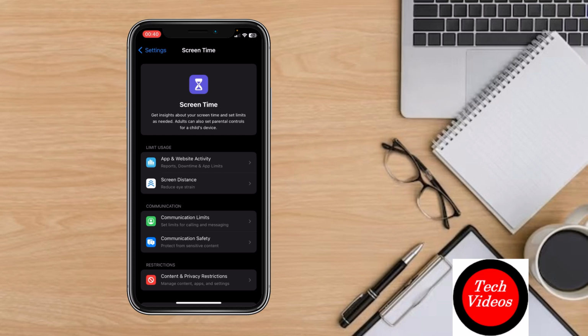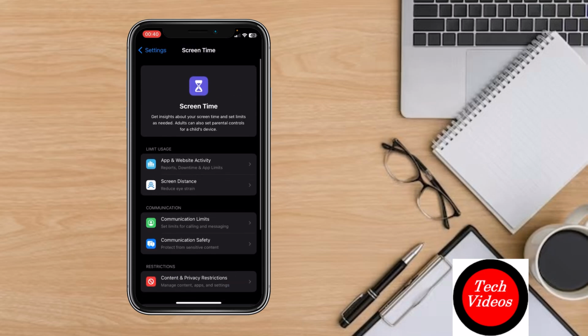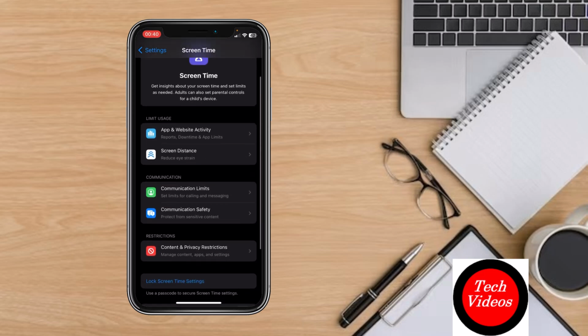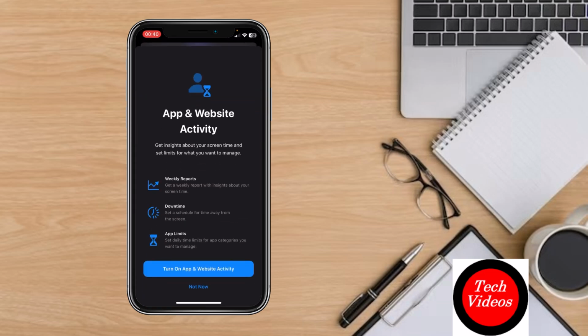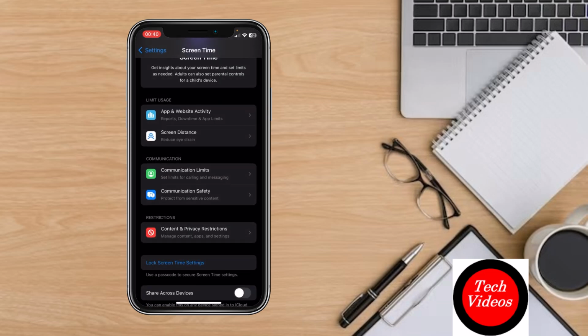After that, the screen shows options for turning on Screen Time: this is my phone, and this is my child's iPhone. If it is your child's iPhone, then you need to select your child's iPhone, otherwise you need to select your iPhone. And after that, you need to just go to your app limits. So just click on these App and Website Activity. Here click on Turn On App and Website Activity,